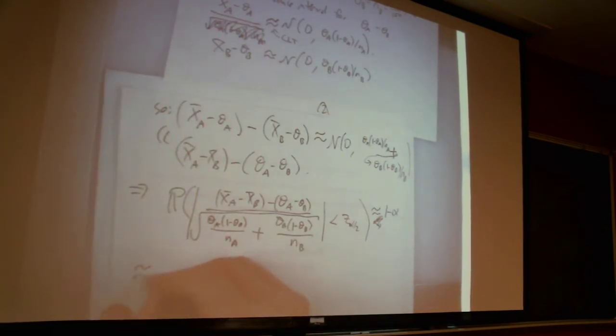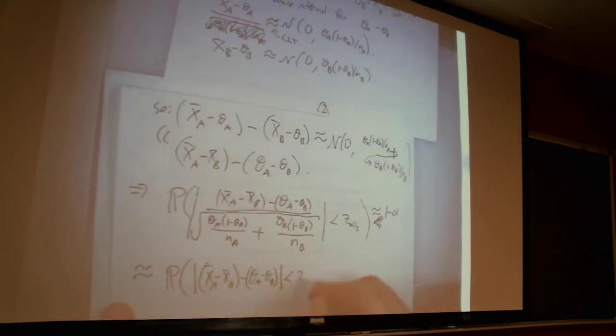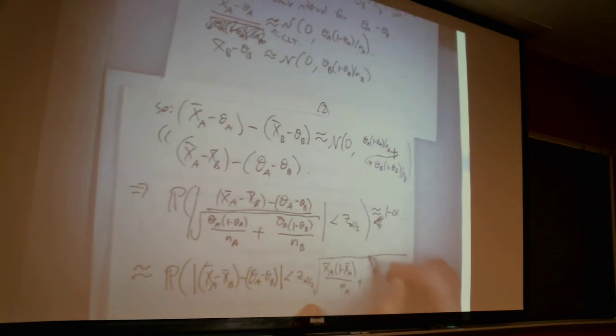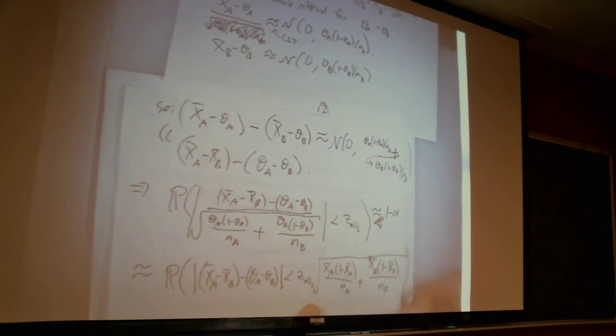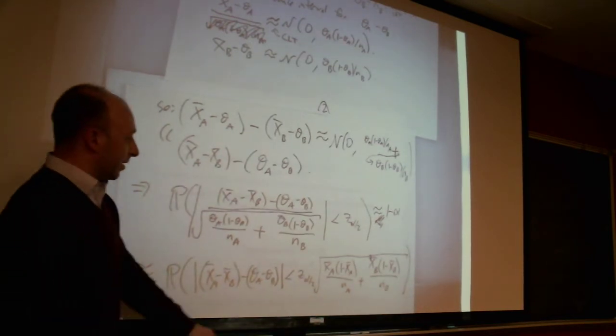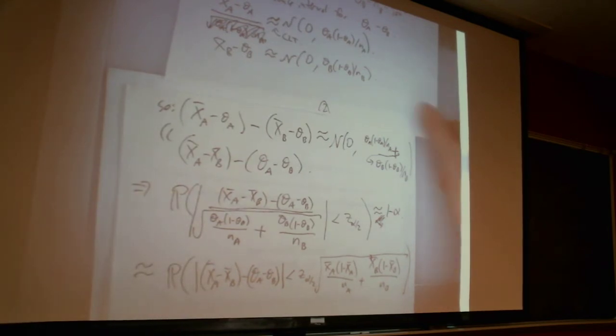So we'll approximate this by the probability that this difference, X A bar minus X B bar minus theta A minus theta B, the true theta A minus theta B, is bounded by z alpha over 2 times the square root, and here I'm going to replace thetas by x bars. This has only things that we can estimate from